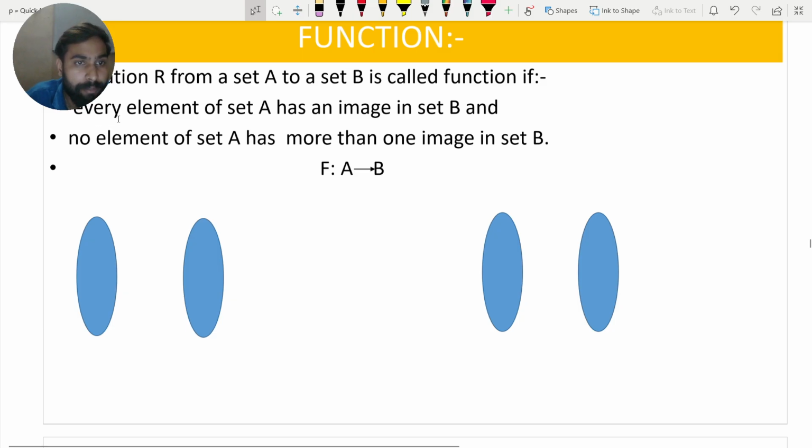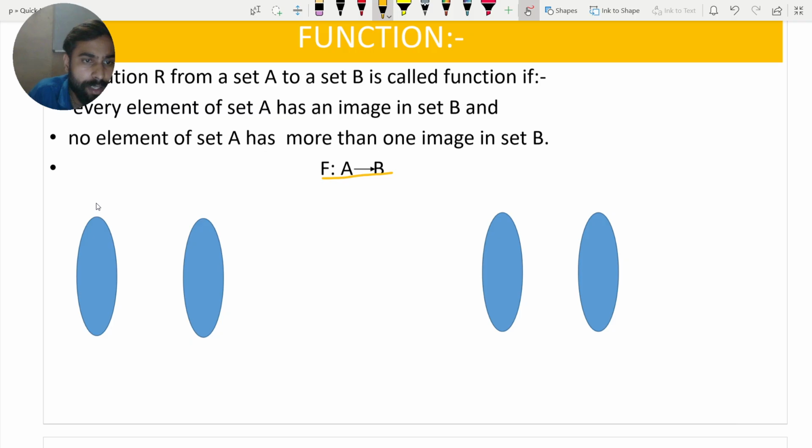Every element of set A has an image in set B, and no element of set A has more than one image in set B. A function can be described in this form: f such that A tends to B.